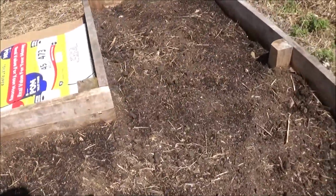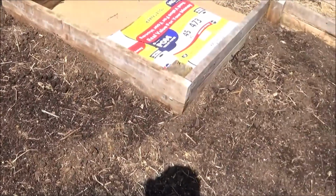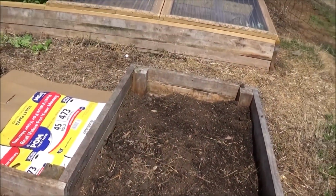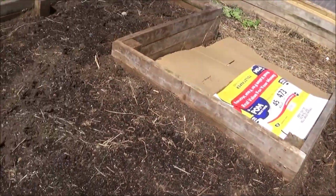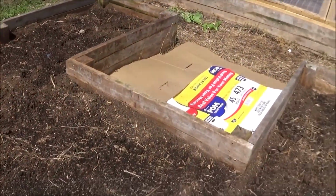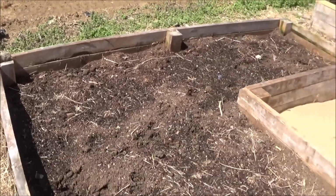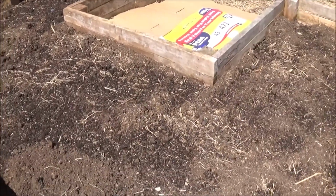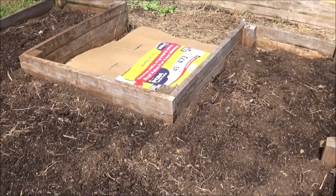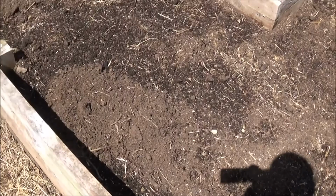But this is dirt that's been fortified with rabbit manure for 2 years, and it ought to be really good and ready. But we're going to put some fertilizer in it. I am going to add some compost to it, and help it along a little bit. We're going to grow nothing but salad fixings in this for the next couple of months, and that way we can have fresh salad. I'll put some lettuce in there and just all kinds of things. I'll probably put some radishes in there and some stuff like that, maybe a few beets or something, but that's the plan. But right now, let's go in the house and look